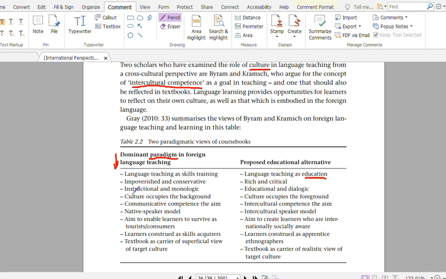Then in this paradigm, the materials are instructional and monologue. Instructional for the second function of the textbooks are used. And monologic means that they are only taught by the teachers. They are instructional, it means that they are used by the teachers to give students some practice of language. But here, the textbooks are educational, they are dialogic.